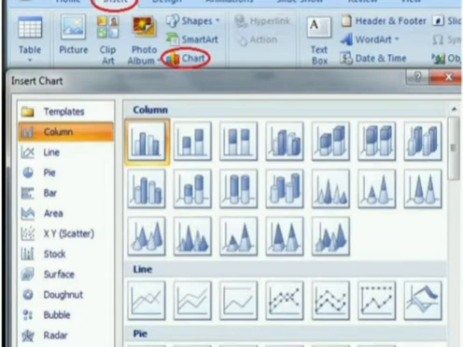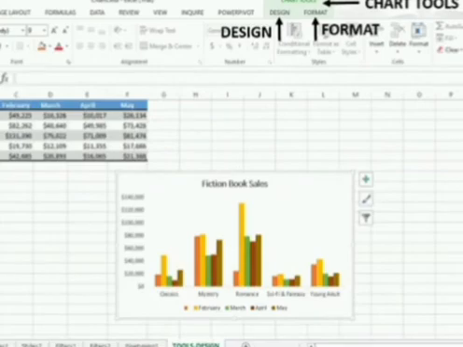When we insert a chart, a set of chart tools will appear on the ribbon. These options are only visible when we select a chart. Chart tool options display three tabs. They are Design, Layout and Format.